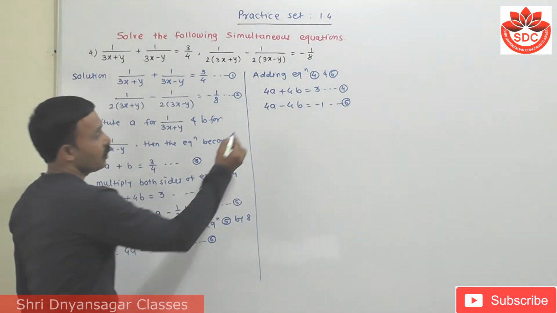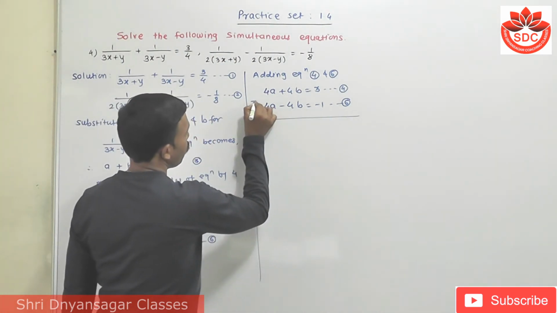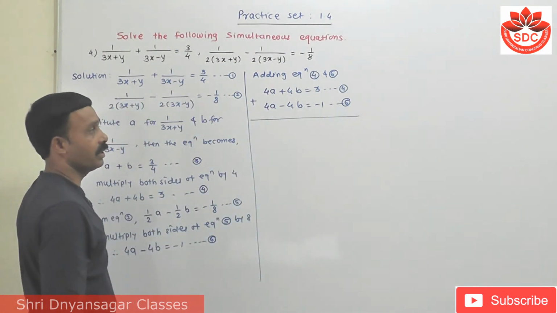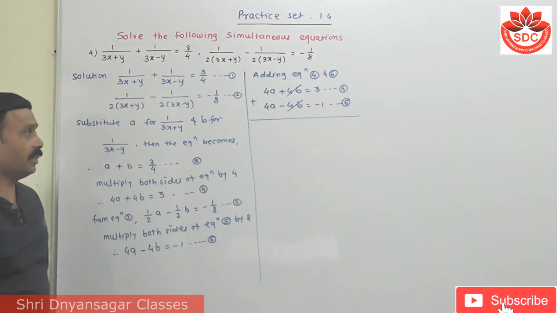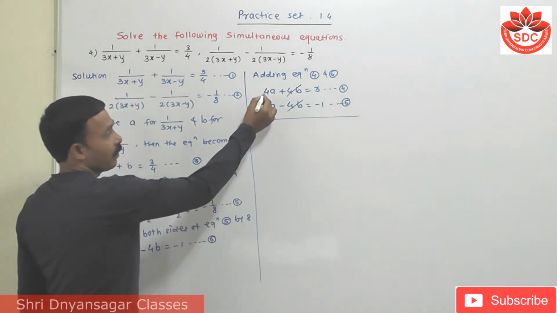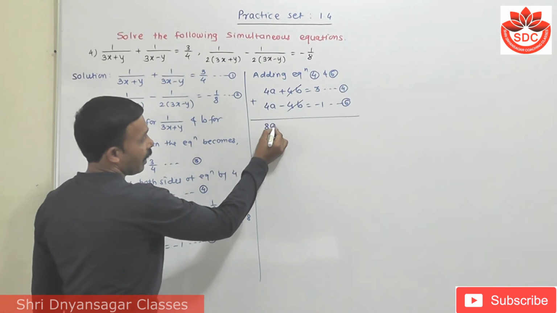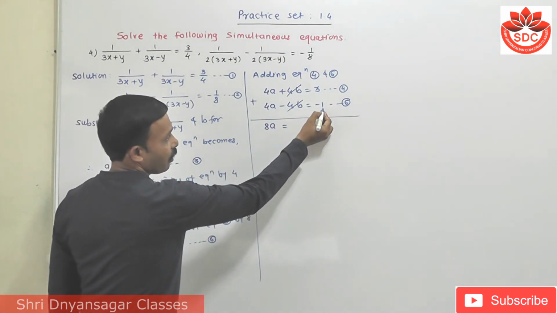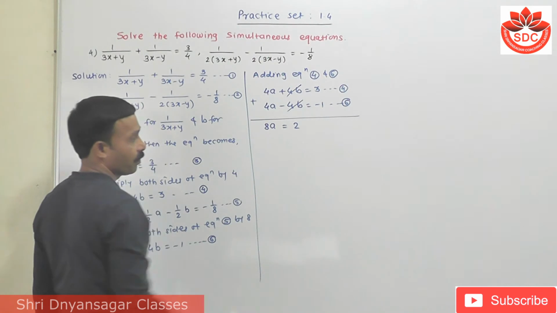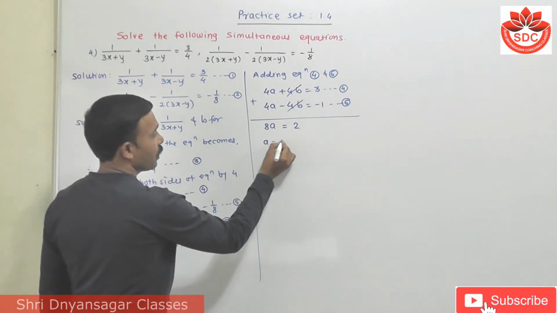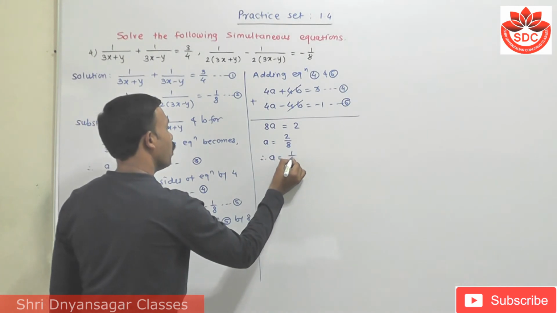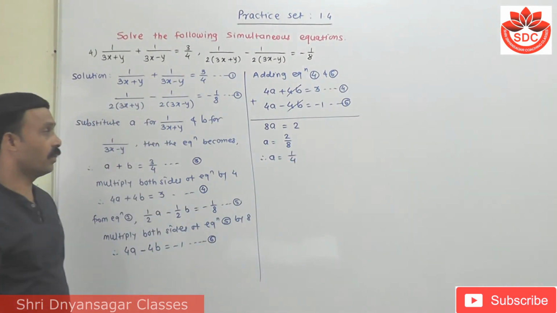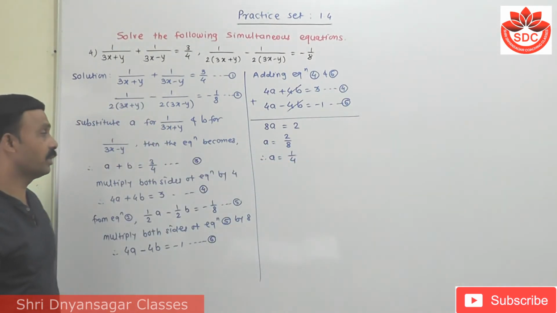When we are adding these two equations, there is no change in the sign of the second equation. Then 4b and this minus 4b get cancelled. Then what is remaining? 4 plus 4 becomes 8a is equal to the subtraction of these two, which becomes 2. Therefore, a is equal to 2 upon 8. That means the value of a is equal to how much? 1 upon 4. We simplify by using 2: 2 ones are 2, 2 fours are 8.